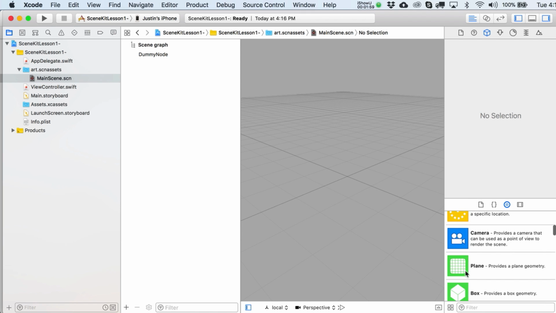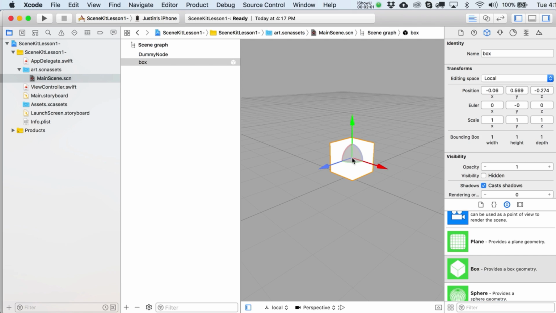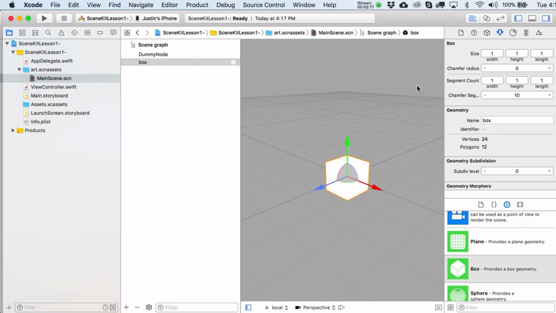So the first thing, let's just go ahead and throw a box in there. Again, just drag it out wherever, but then as soon as we get this in the scene, let's go ahead and set the X, Y, and Z to 0, 0, 0. And then don't ever mess with the scale. That's what I've learned the past few days. That really messed me up for a while, because